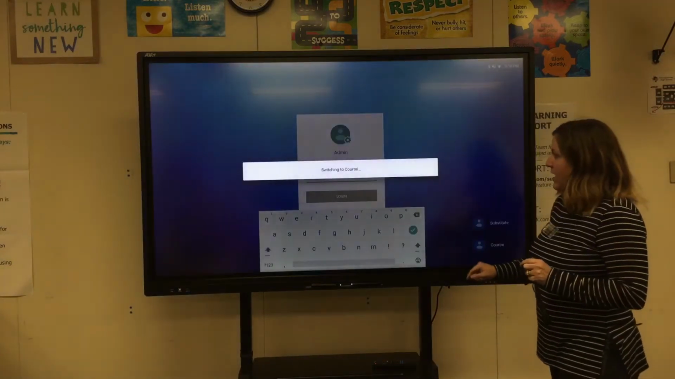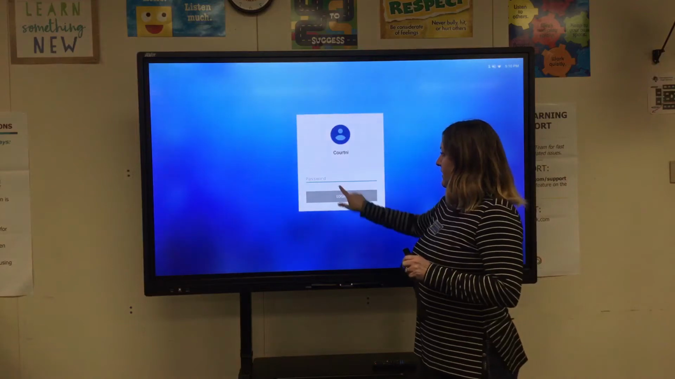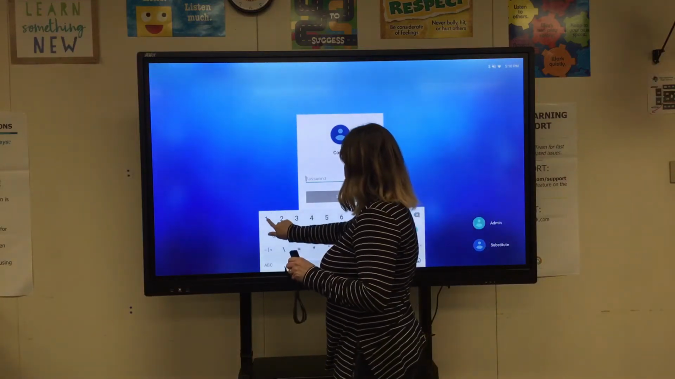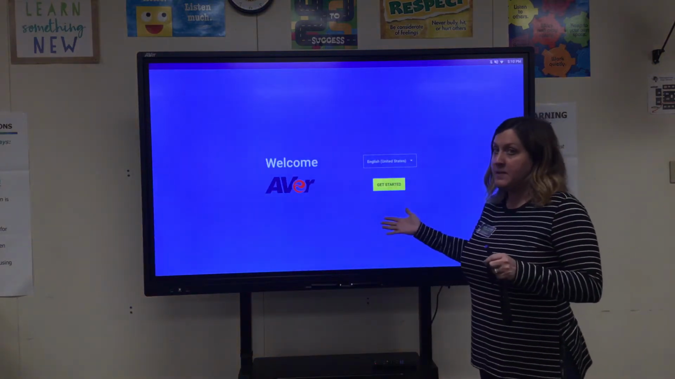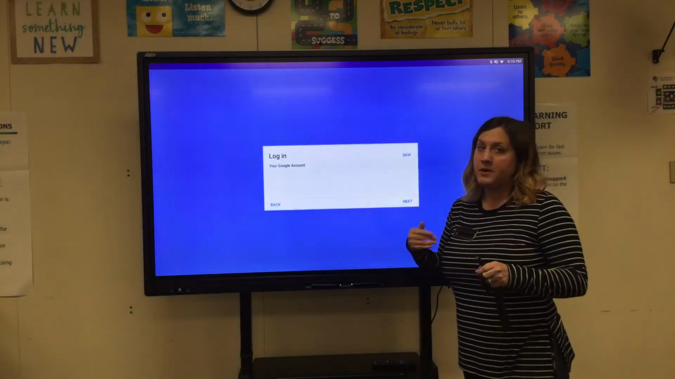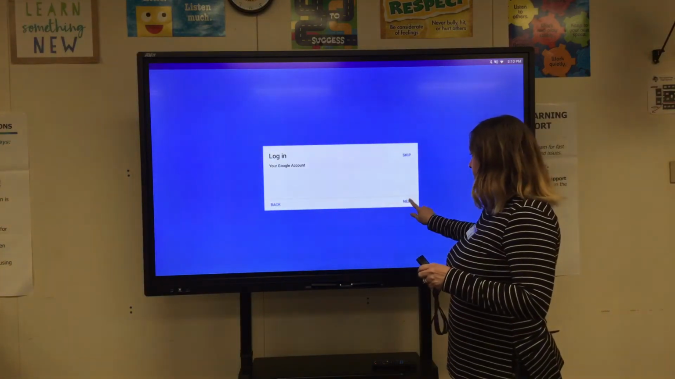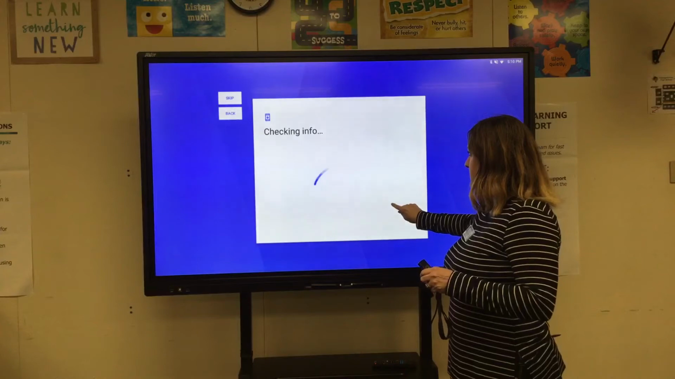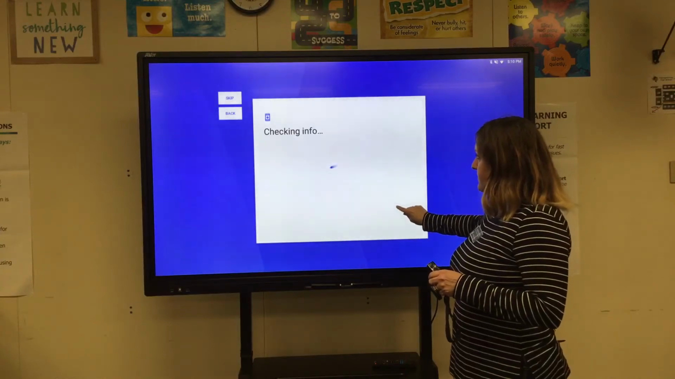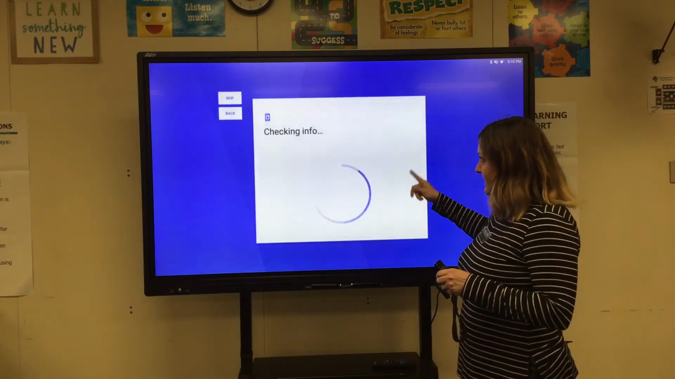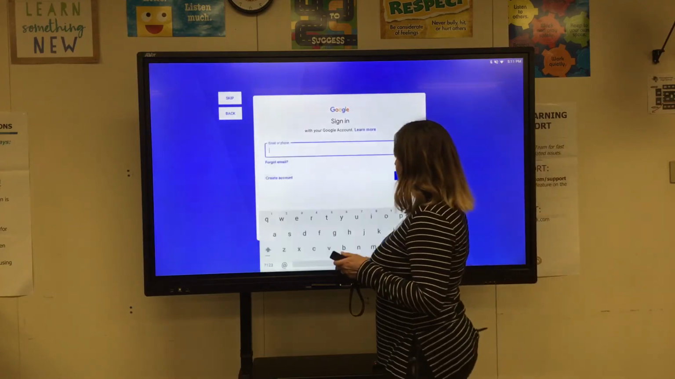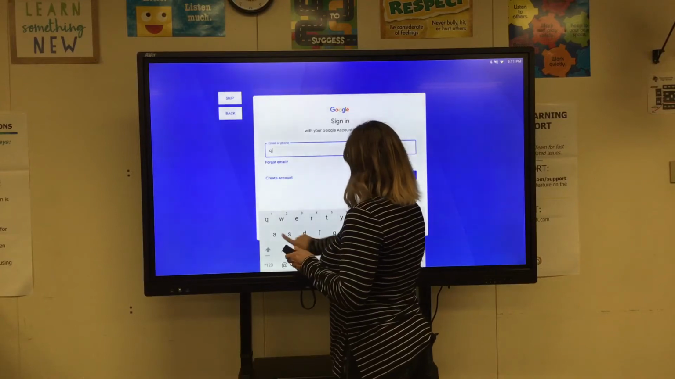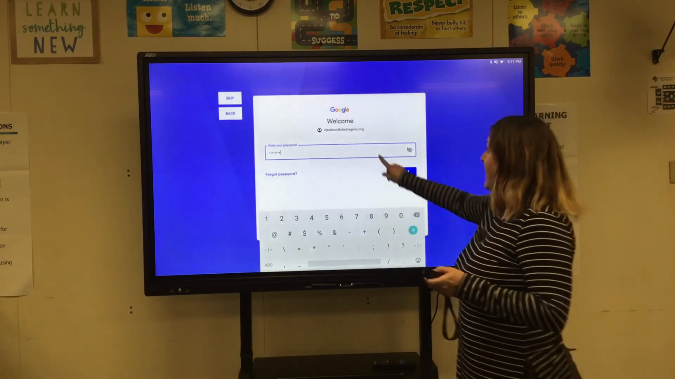I'm going to touch on mine. I'm going to log in with the password that I set up for myself. And I'm going to log in. And so it's going to be the same thing like it did with the substitute. I'm going to press get started, but here I'm going to put in my Google credentials. So I'm going to hit next. It's going to spin. And I'm going to put in my Google account. Okay, so I've put in my